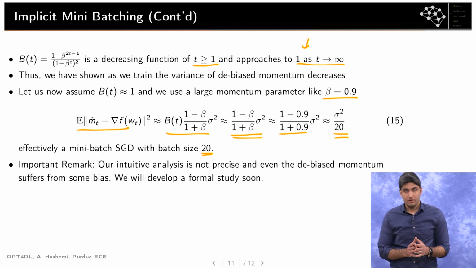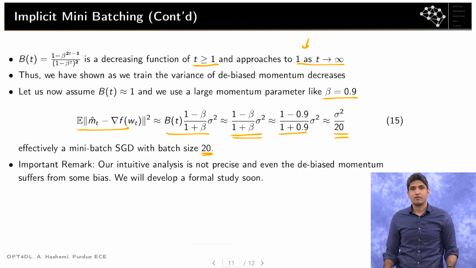So we are still working with, let's say, a batch size of 1. We are working with one sample at any time. But given that we are also leveraging all the previous stochastic gradients, we are effectively increasing the batch size. We are leveraging the previous observations to artificially increase the batch size, and therefore reduce the variance. So this is, I would say, a nice perspective into momentum, where by leveraging this update,